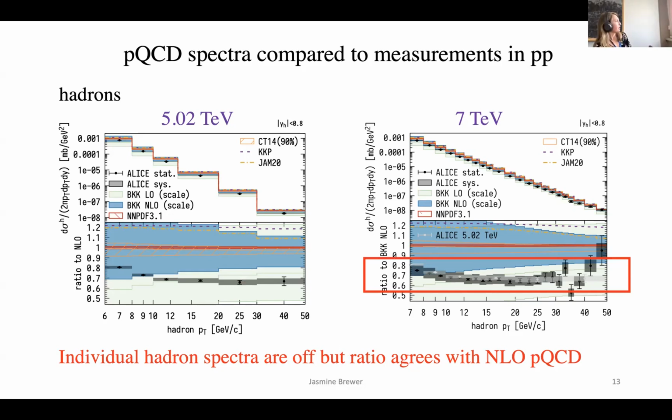That's a good question. I know that we were not the first ones to observe that pQCD doesn't do a very good job of describing the hadron spectra, the absolute hadron spectra. But then the second question is whether someone has systematically studied how this depends on the energies. There are also measured hadron spectra at 900 GeV, 2.76 TeV.